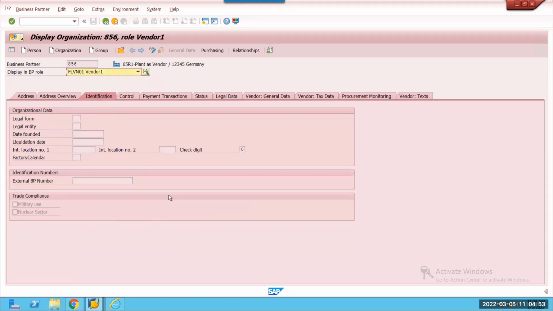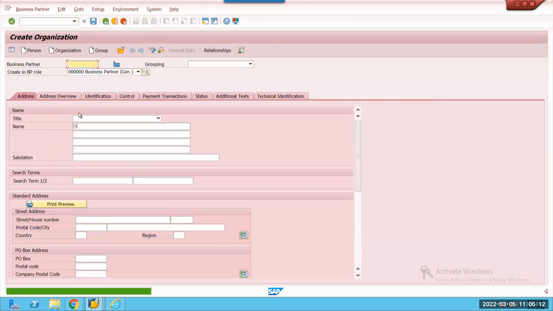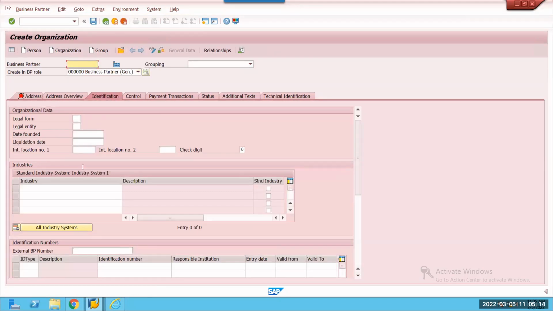There you are going to get a tab called ID type. It is in the general role, sir. Yeah, in the general data. Here identification is there. Yeah, here, ID type.